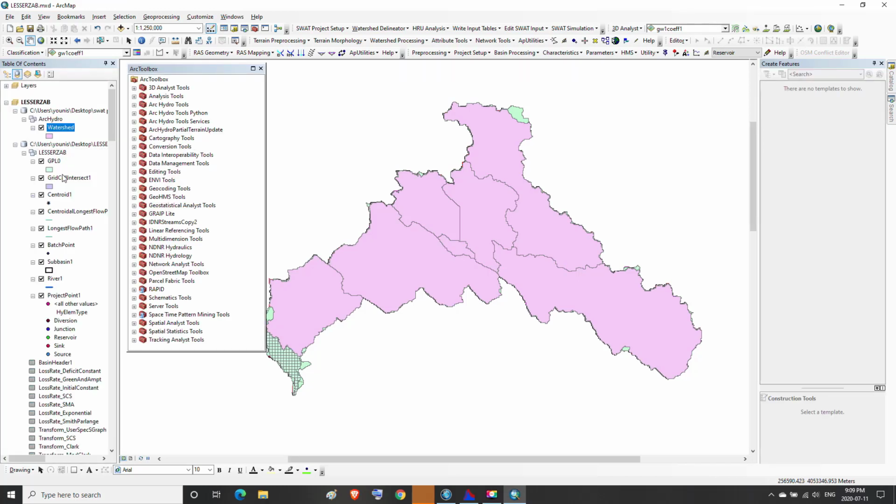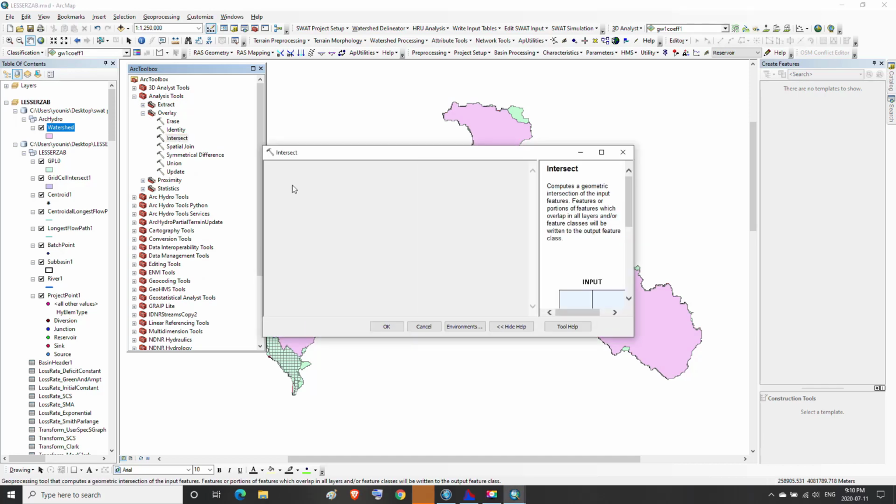Then we make an intersection between the grid cell intersect one layer and the watershed layer. Where we go to the ArcToolbox window, and in it we go to the analysis tools, then overlay, and we choose intersect.